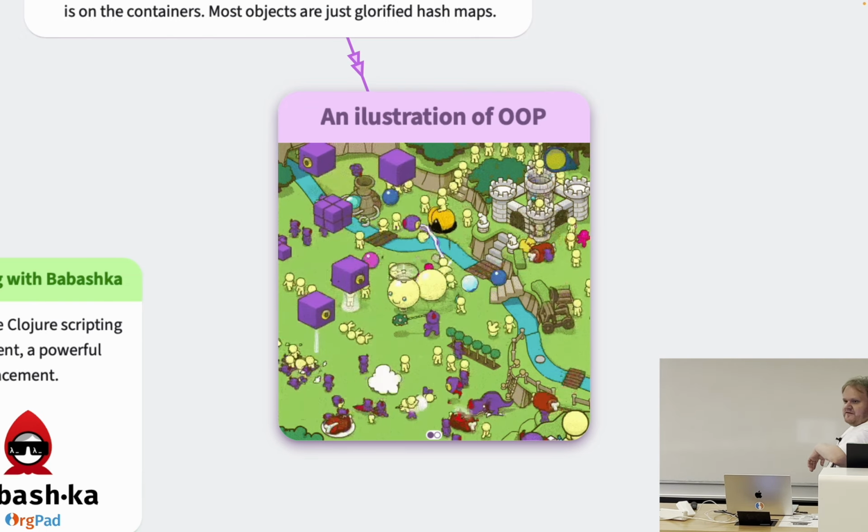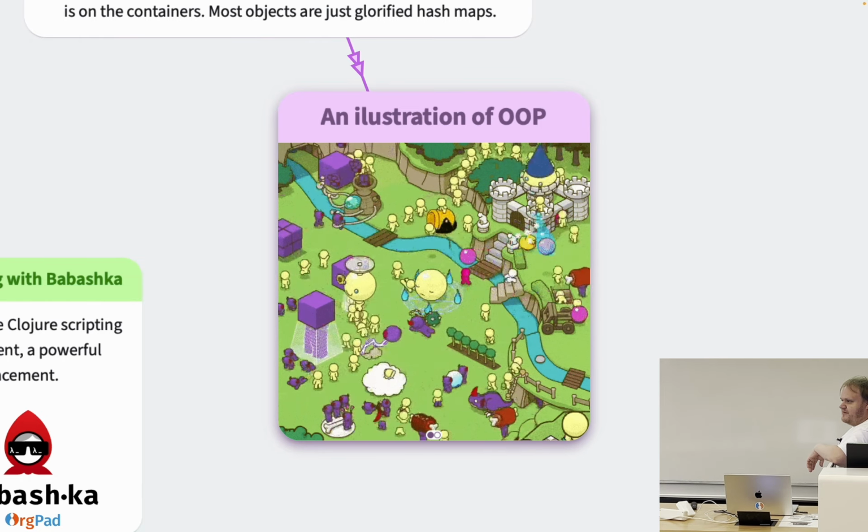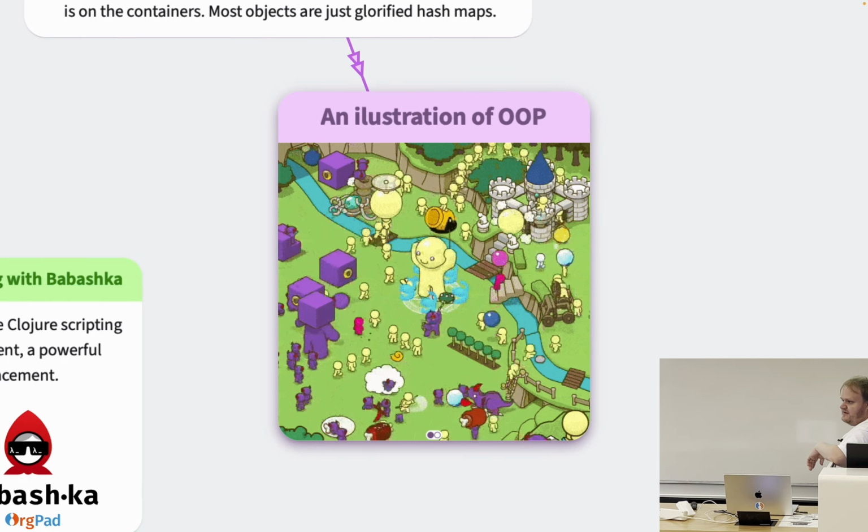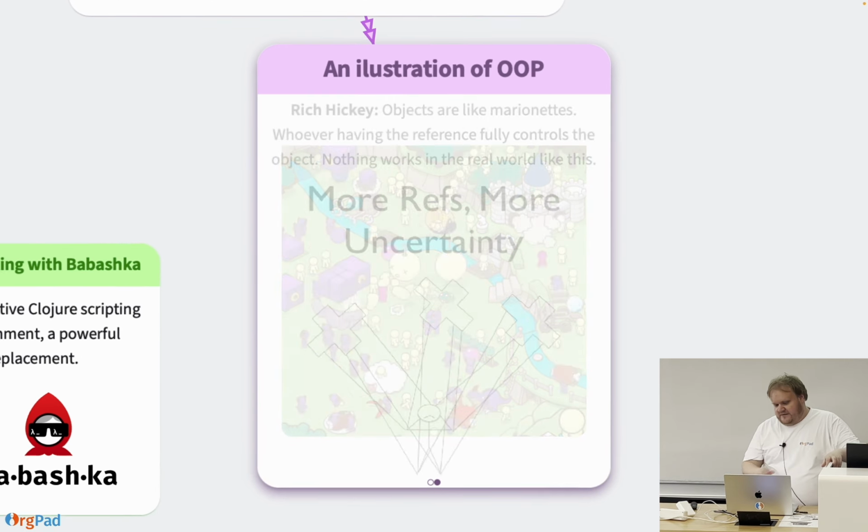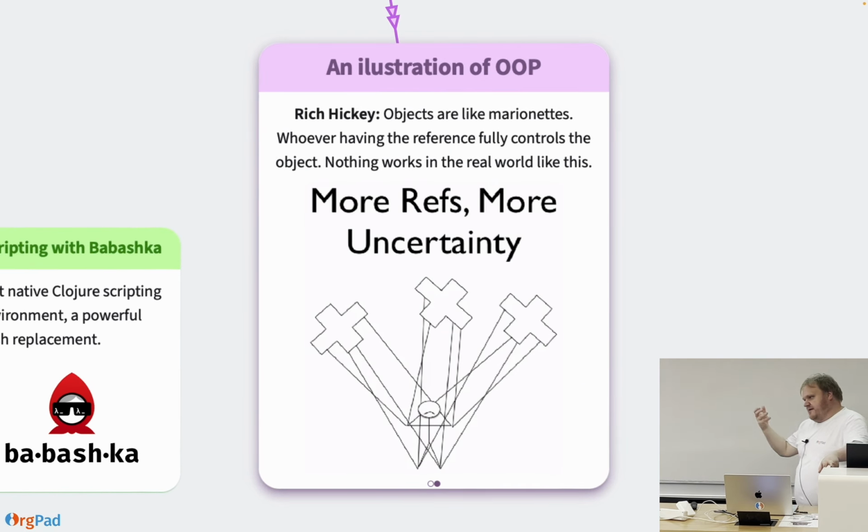Yeah, it's also wrong, because this is not object-oriented programming, because you don't have entities actually. Objects are more like this. They're like marionettes, like these puppets you control. Because when you hold a reference to an object, you can do anything with it. So basically nothing in the real world works like